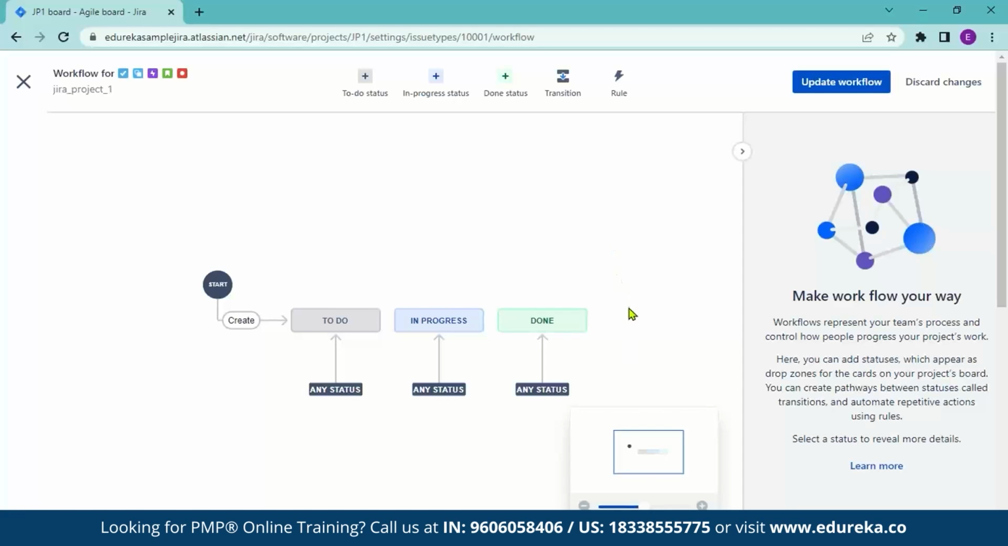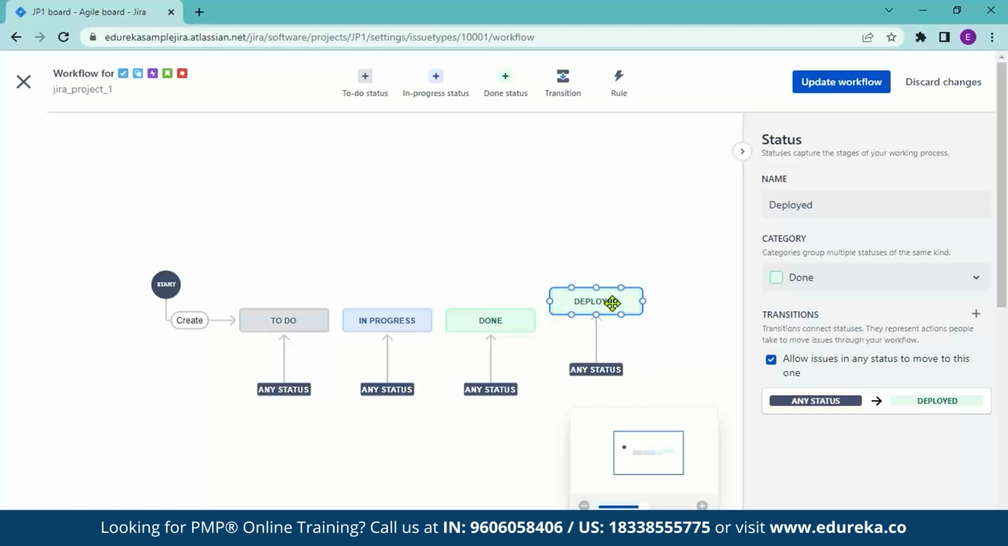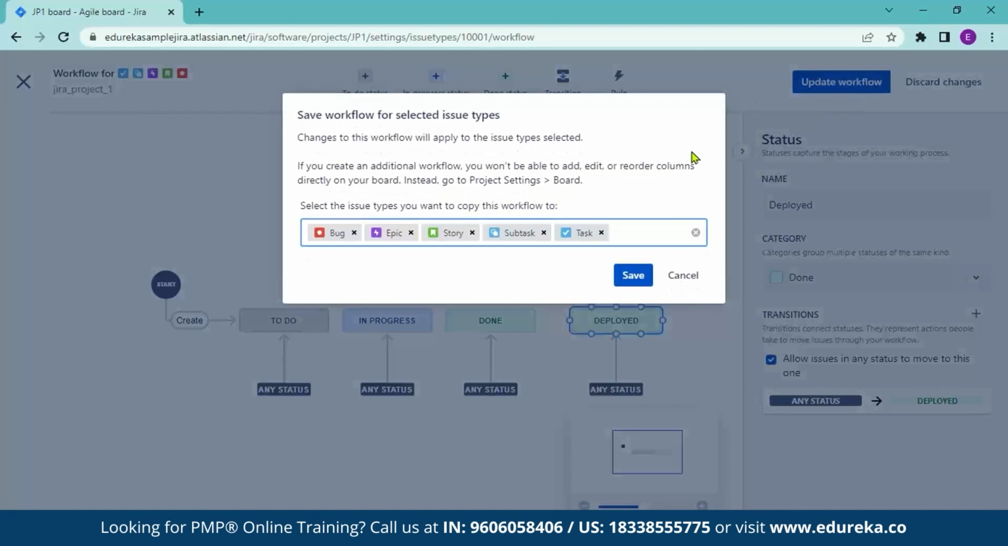Now suppose I want to add another phase that is deployed. All you have to do is go over here and add another status called deployed. You can click on create deployed done status and then click on the add button. You can now see that the deployed phase has been added and you can click on update workflow